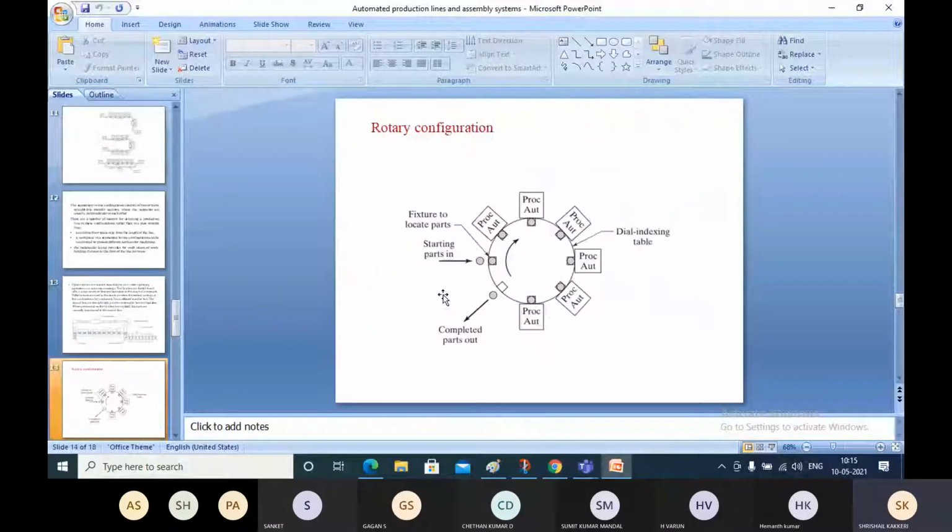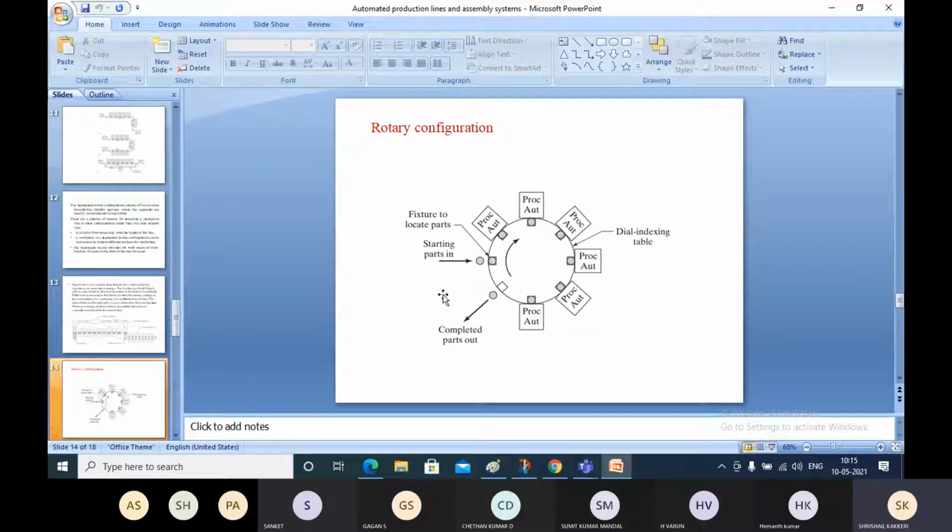Inline, please remember, we have three types: L shape, U shape, and the rectangular shape. All these will have the work areas on the conveyors or the belt conveyors, and on these the work part will be located and firmly held on the conveyors, and the processing will be done at each and every specified location of the workstations, and the completed part will be